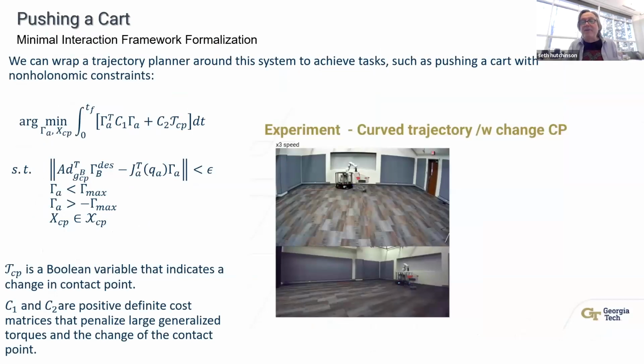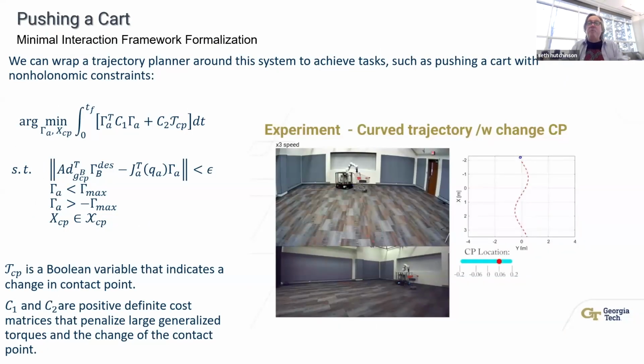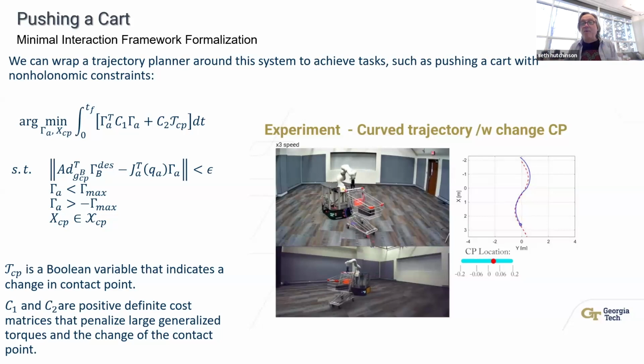You can take that same idea and wrap one more level around the outside in this hierarchical kind of controller to generate optimal trajectories for things like pushing non-holonomic vehicles. And so here is a mobile manipulator pushing a cart with an unknown load. You estimate the load using an extended Kalman filter if you like. There's a penalty for moving the hand on the grip as you push the cart, and you just saw it stop and move its hand because there was some moment where it became better to do that than to exert increasing torque on the wrist. And you can track trajectories pretty well using all of this.